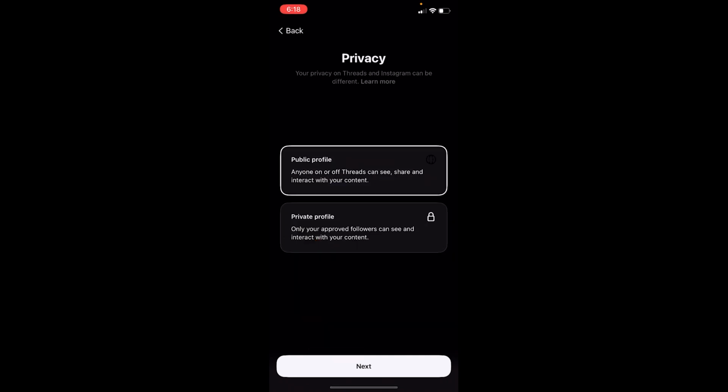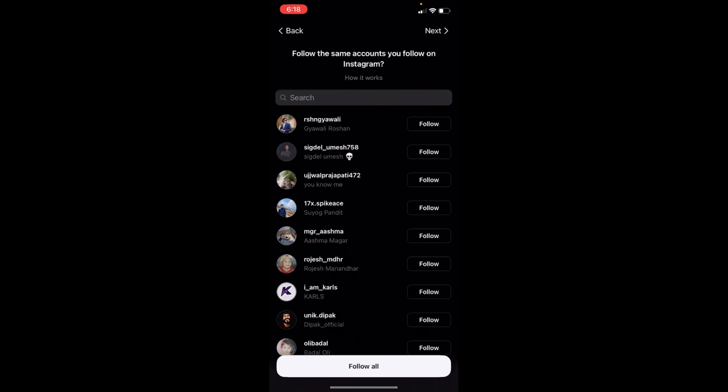Once you click on next, it's going to ask you whether you want to create a private account or a public account. So I want to create a private. I'm going to choose private and I'm going to click on next. After that, it's going to show me the list of people on my Instagram. So these people are the ones who have created Threads. I don't want to follow anybody, so I'm going to click on next, which is at the top right corner,